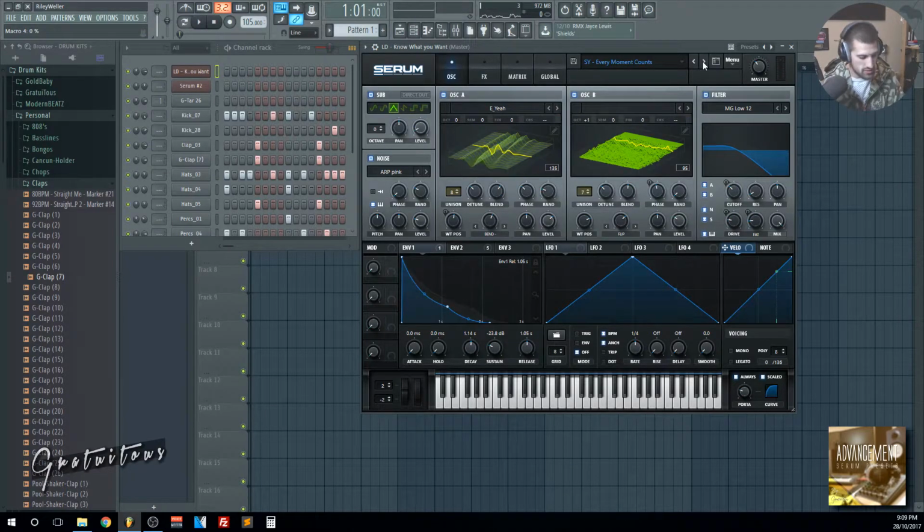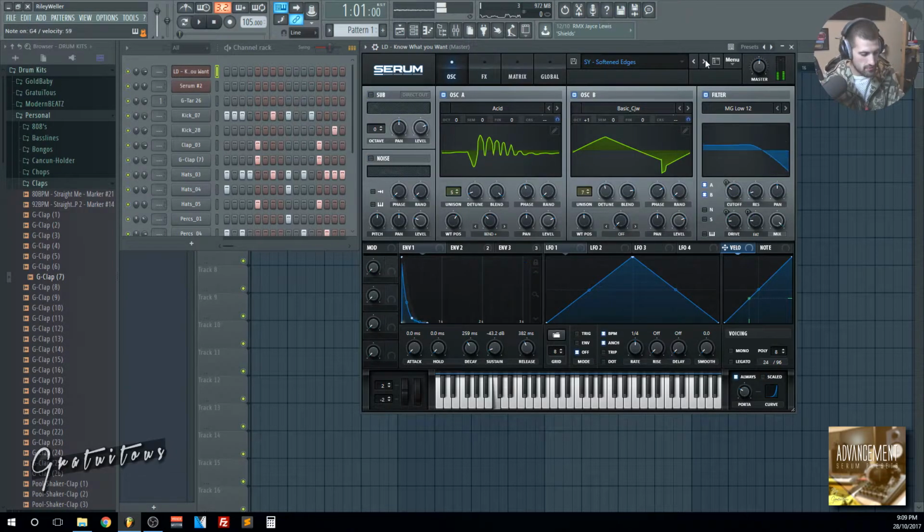Now into the synths. We got 3 more sounds. Softened Edges. Kind of almost trumpety. This is how you can get a trumpet sound with sound design. I think it's to do with my filter. I think that's what I did. I forget, because as I was doing sound design, you just twiddle knobs and start working. But this is what it sounds like.